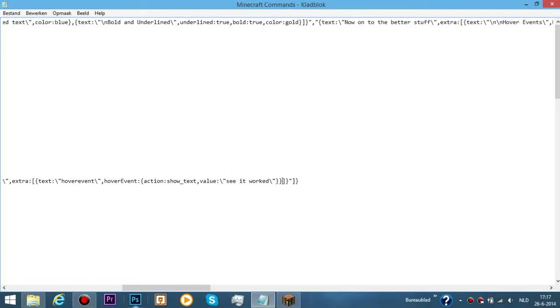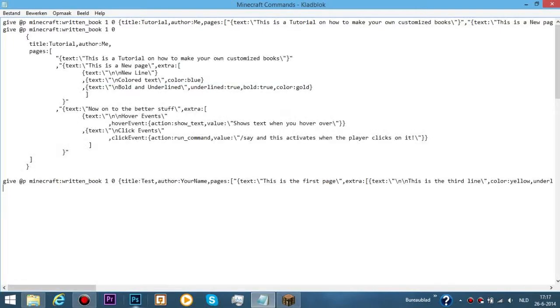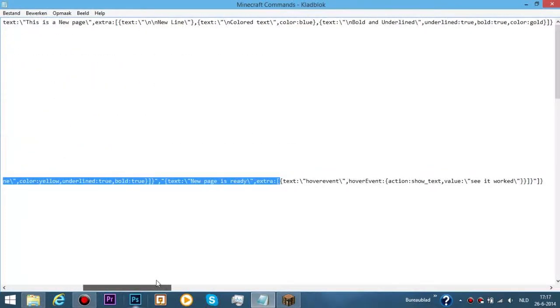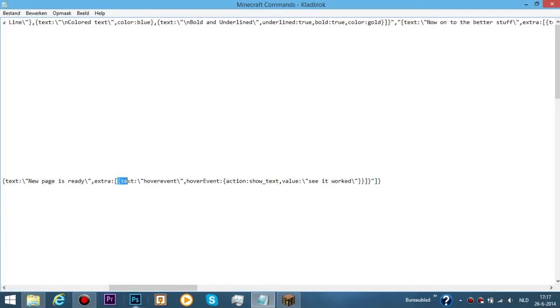So go here, because here we opened one of those square brackets. We opened one. We opened another one. So we need to close two. And we close two. So if you don't know what I'm saying, we're opening one square bracket here, and we're opening another one here. So we need to close those before we add another one, otherwise we'll get an error that we have unbalanced brackets. So here we close two, and we come nice and safe back to the